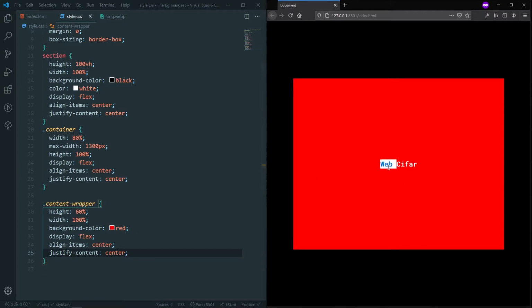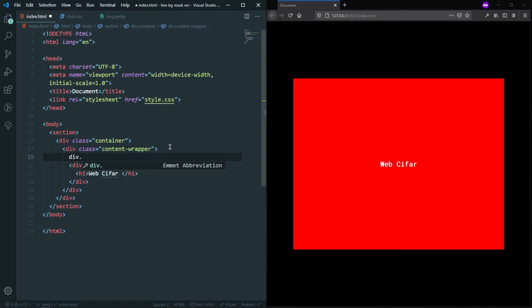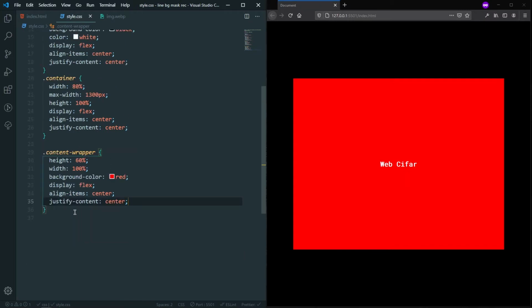So after that, what I need is to add an image for our background. I will not use a background image property in this content wrapper. For the background, I will create a separate div in our content wrapper. So let's get a div with a bg image, and here will be our background image. If I come here in our CSS, let's grab this bg. So let's say bg image,